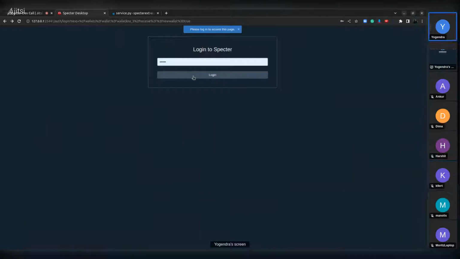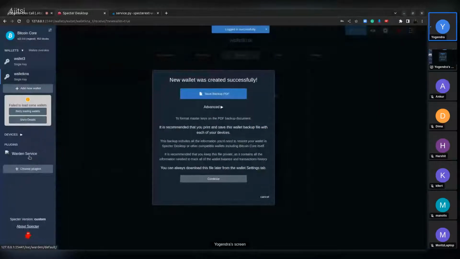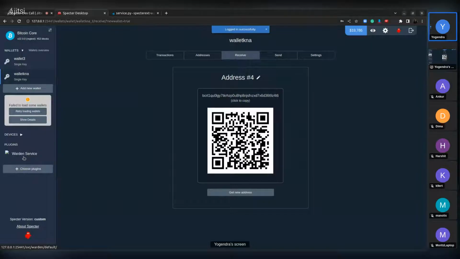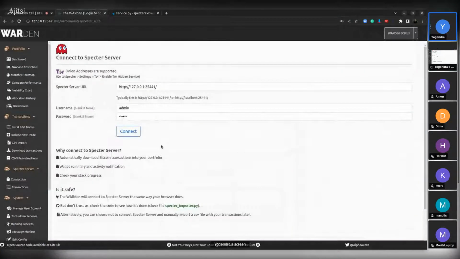Yeah, so my project is about integrating an extension which already exists. It's known as Warden service. Warden service is a portfolio tracker, which can show us the performance of our portfolio and how things are working. So the first thing that we need to do with the Warden extension is